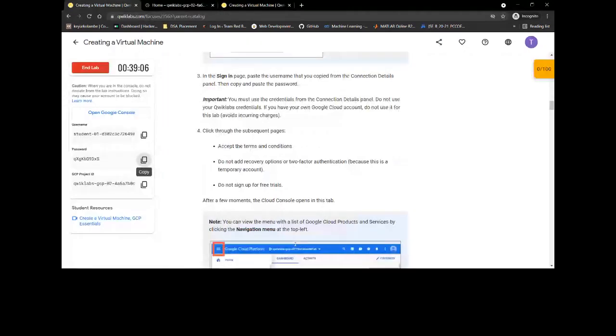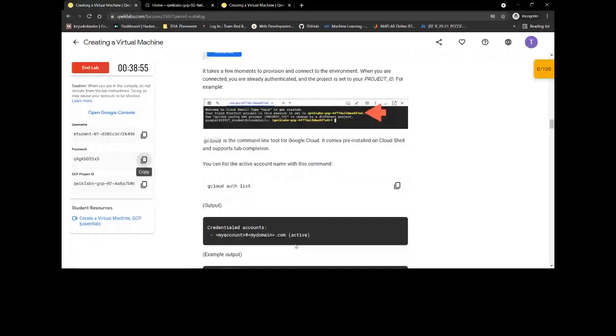Now in this lab, we are going to create a virtual machine using Compute Engine and also see how we can do it using the Cloud Shell. First of all, after starting the lab, you can always list the active accounts in the lab by using this gcloud auth list command.